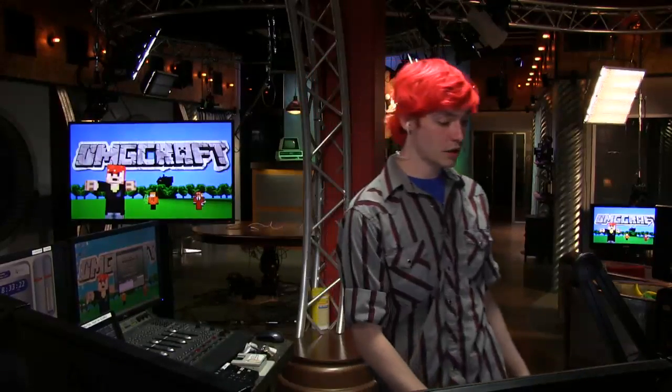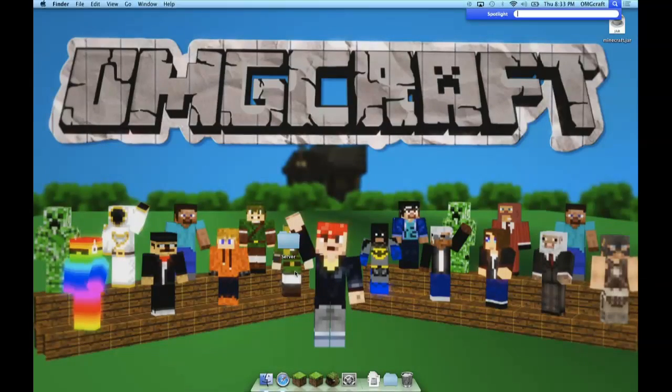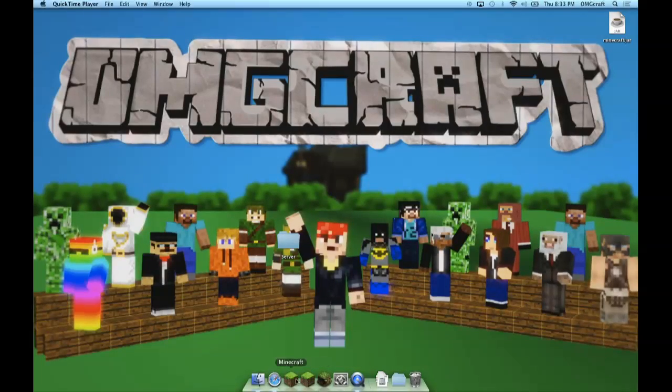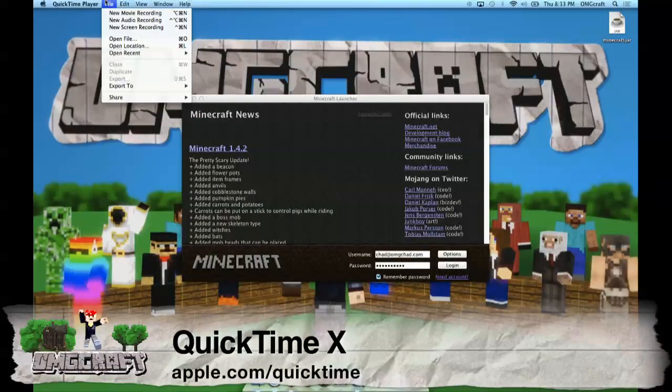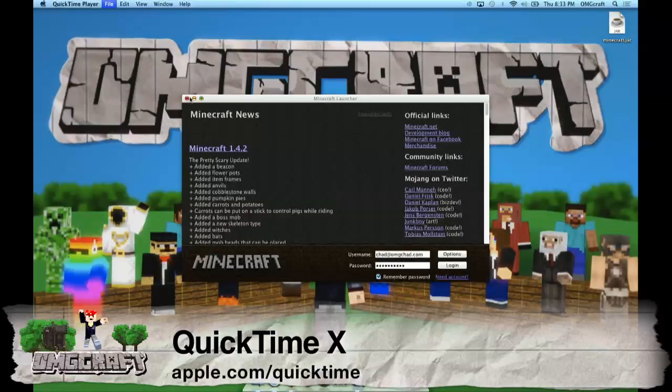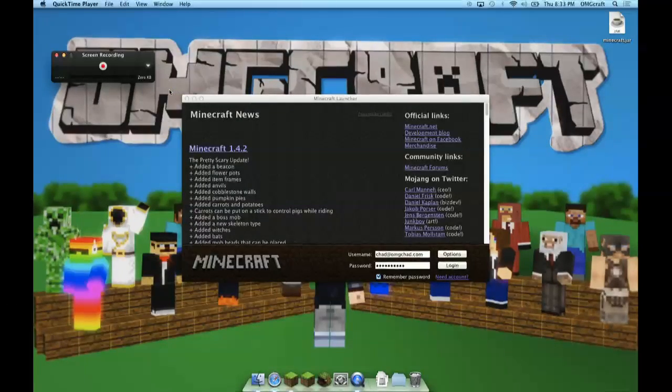The first thing that I'd want to point out is just plain old QuickTime. If you have QuickTime, I believe it's X, which is on the newer versions of the Macintosh operating system, you can just launch Minecraft, go on over to QuickTime, then click File, New, Screen Recording. A little dialog option will pop up, and you can select your microphone. So let's just say my built-in microphone. And you should be able...